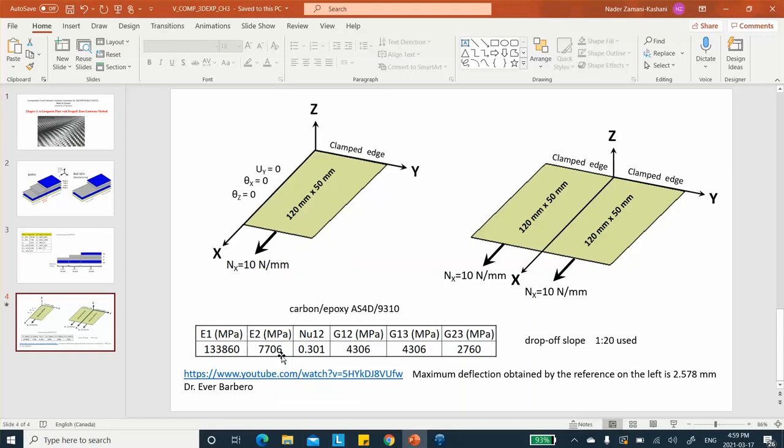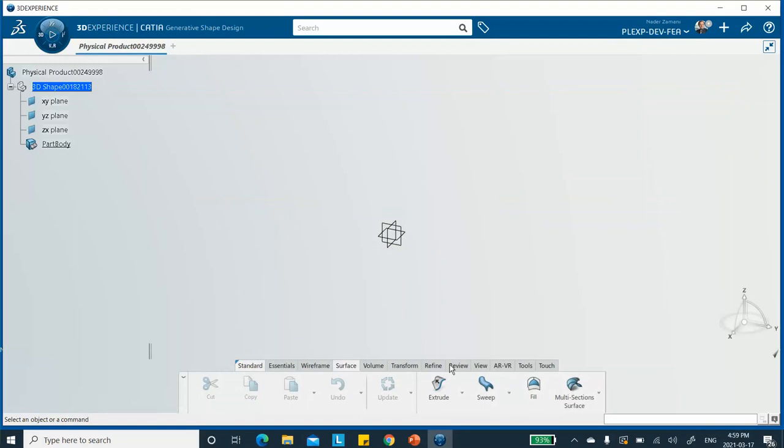All right, so let's go ahead and model this thing. The one difference between this problem and the one that I did in chapter 2 is that in chapter 2 I created the material first. I showed you how to create the material first and then go and create the model. The geometry here, I'm going to do in the reverse order. There are some subtle issues associated with that. So I've gone into Generative Shape Design